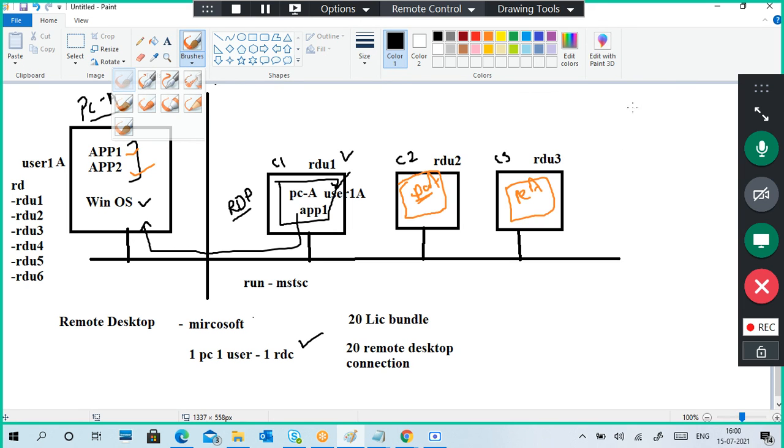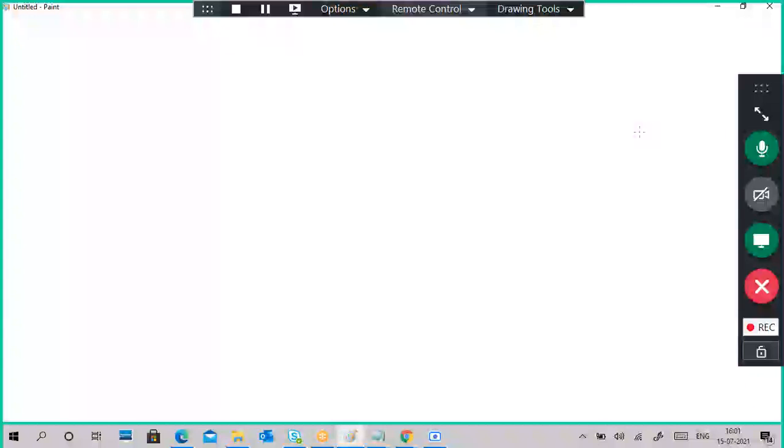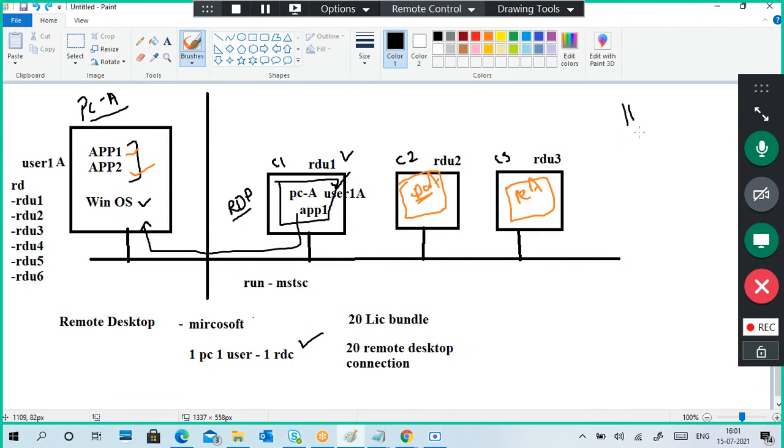Okay, point number one. What happened? This is just a paintbrush. Again, it is flickering. What happened today? Today I woke up early, got ready, and started on time. The muhurta is not good for today.